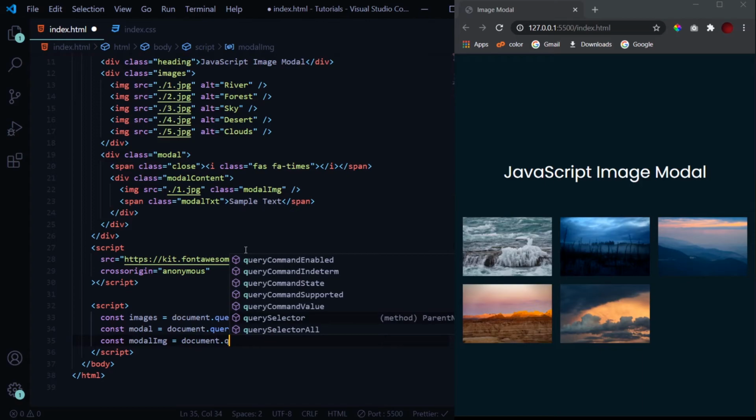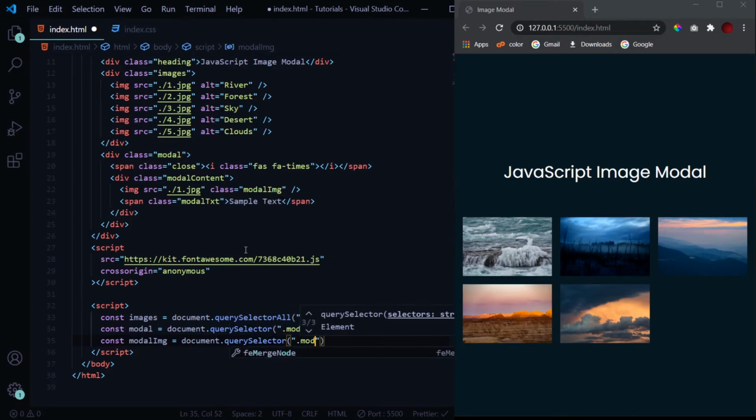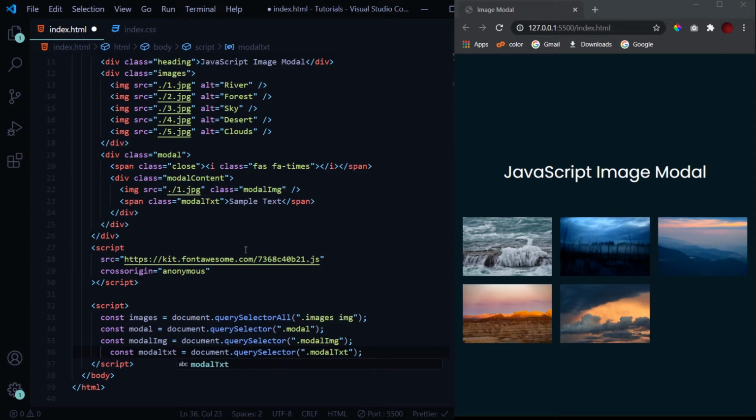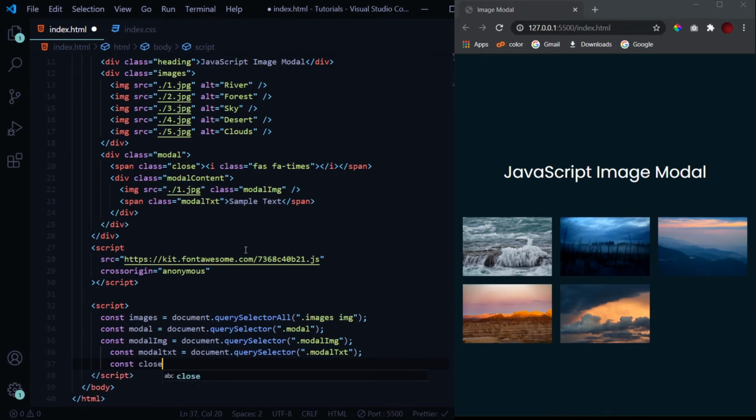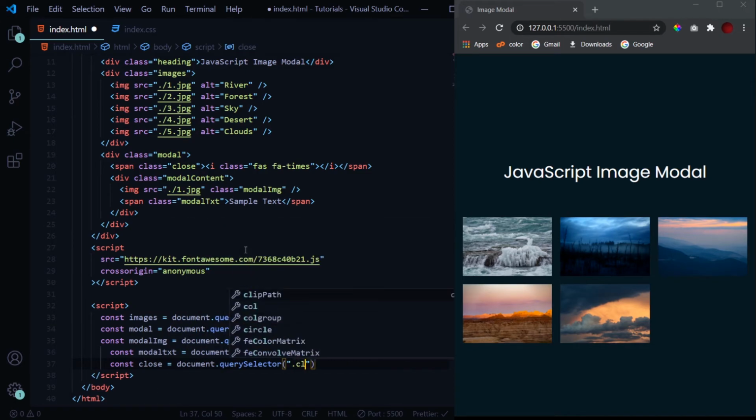Again, the document dot querySelector, and then we'll select the modal text, and at last the close button.